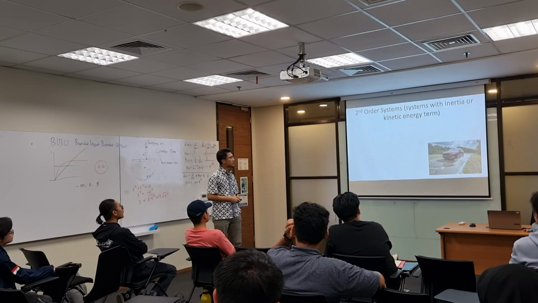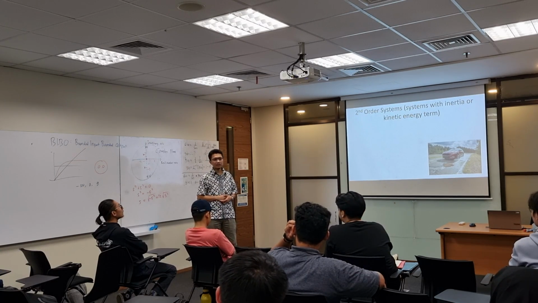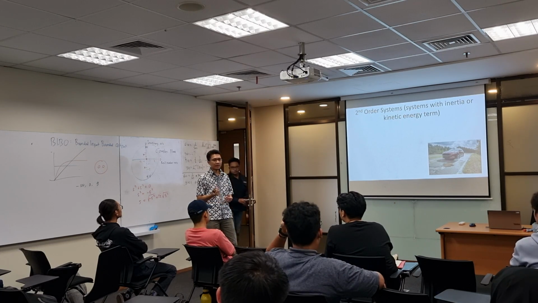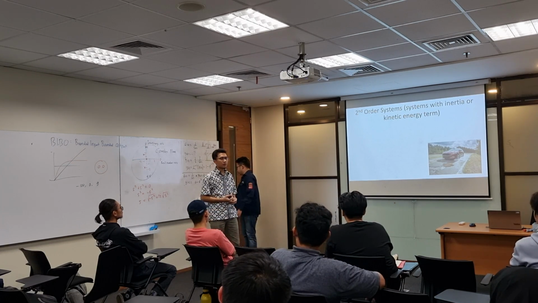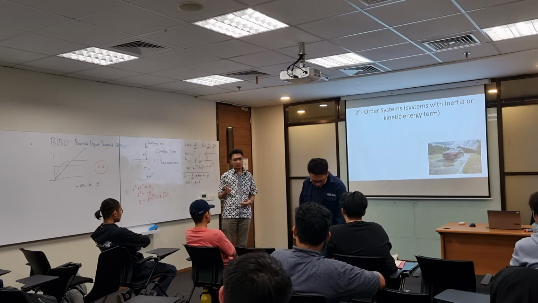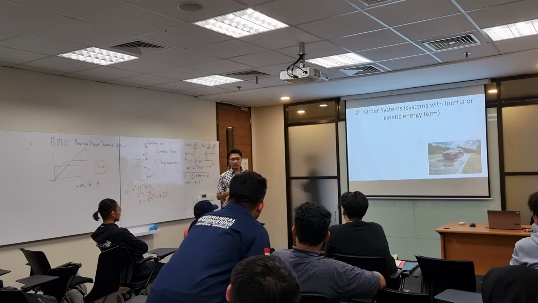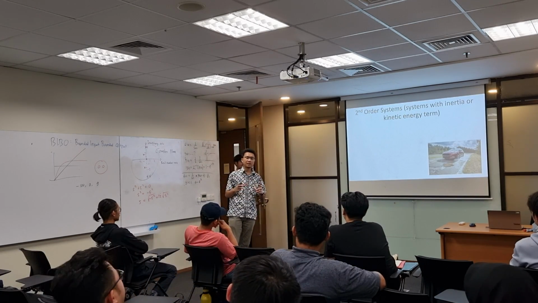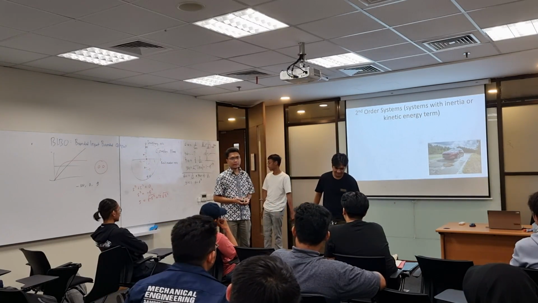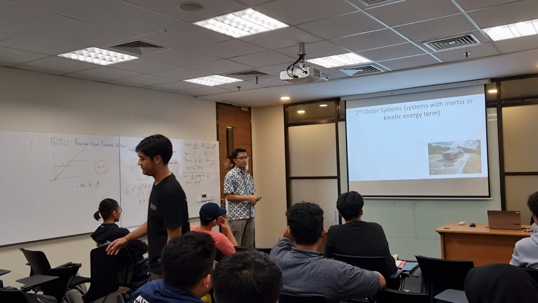The second order system. So generally, for a mechanical system, it is a system with inertia. Now, when we put the mass onto the system, we have a kinetic energy term, m x double dot, coming from the kinetic energy, half m v squared, half m x dot squared. Okay. So an example is this car.